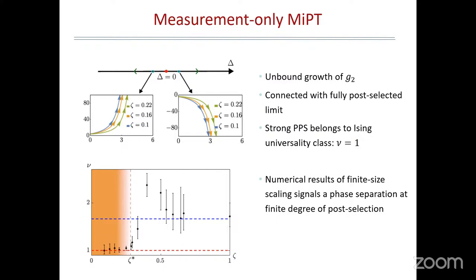If you look just at the bottom line of that diagram, in which you have the phase transition between the two area law, what you get is that the phase transition is still there. And for as long as my approximation, bosonization, holds, the critical properties of the phase transition are the same as the post-selected one. And that's confirmed by numerics, which you see in the plot below. So the x-axis is the degree of post-selection. Psi star is the value at which bosonization holds.